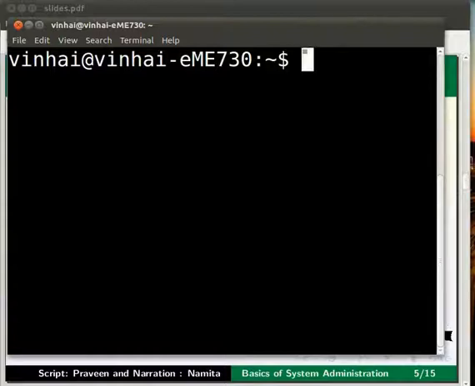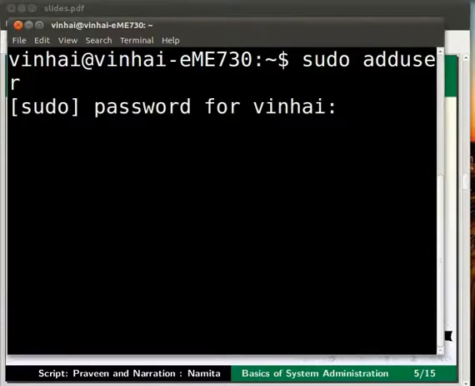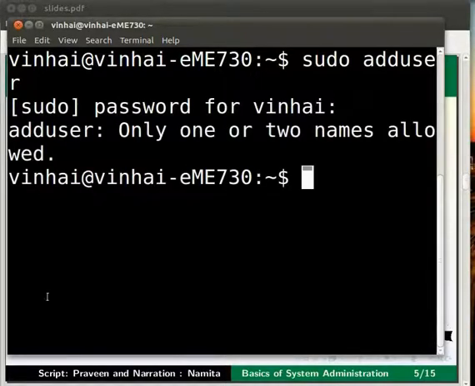Here, type the command sudo space adduser and press enter. You will be prompted for a password. I will give the admin password here and press enter. The typed password on the terminal is not visible, so we have to type the password carefully.